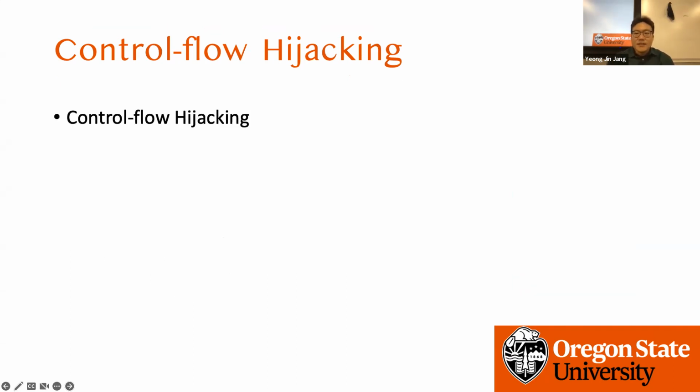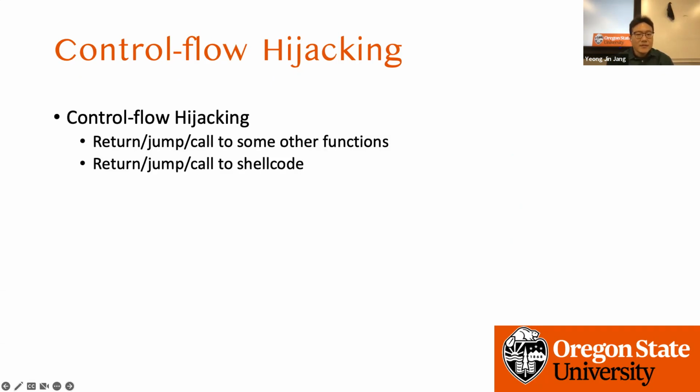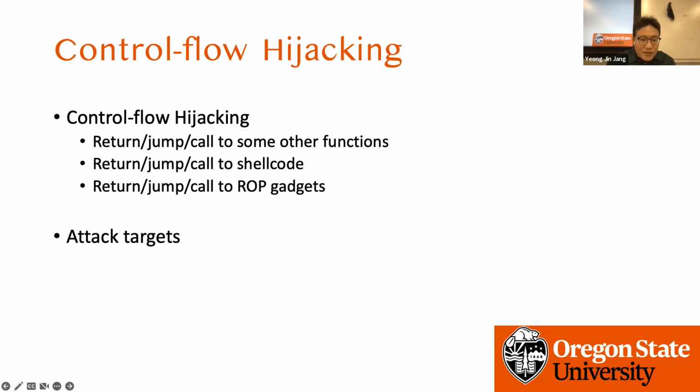So to redefine control flow hijacking: if we can return, jump, call, or use any kind of control flow diverting instruction to go to any code that the program should not execute, then that's control flow hijacking. The attack targets are, for example, the return address, if we use the buffer overflow attack,